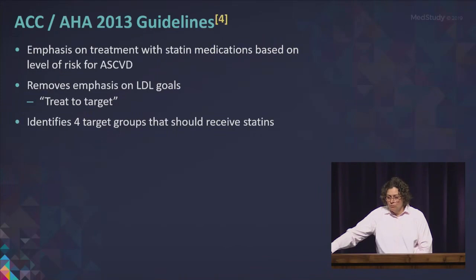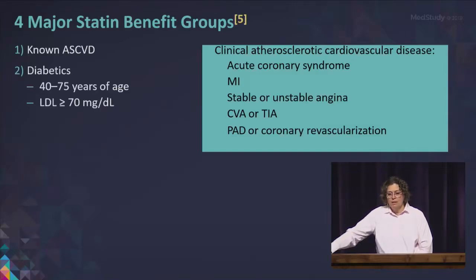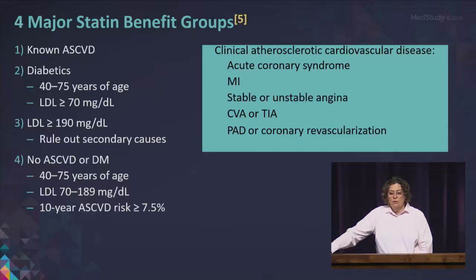And the 4 target groups are known cardiovascular disease or its equivalents, diabetics over the age of 40, if you have a high LDL greater than 190, and again, you should be evaluating for secondary causes to make sure that we're not missing secondary causes of high LDL before you treat. And then those without cardiovascular disease or diabetes who have a 10-year risk greater than or equal to 7.5%. That's why at the age of 40, we're going to start doing calculations of what someone's risk is. So known cardiovascular disease, diabetes over 40, or a markedly elevated LDL, or a high risk based on risk factors